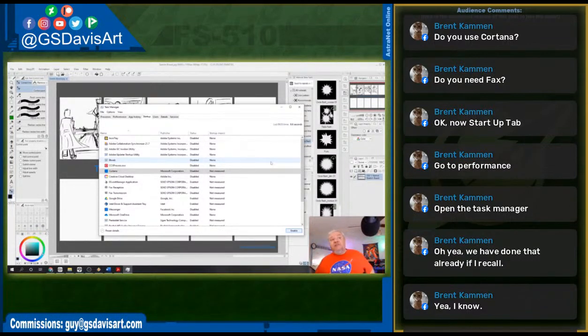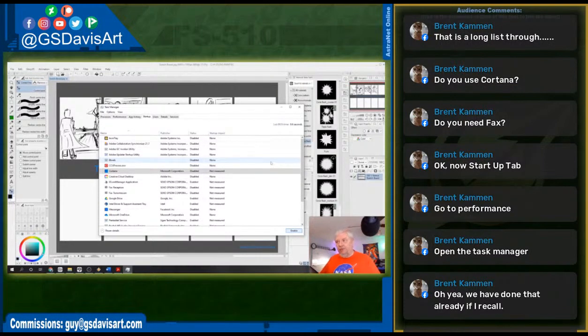And that actually explains why Photoshop takes forever to load the first time, because I've disabled all of the Creative Cloud stuff to improve my load time. And so the first time you load Premiere,